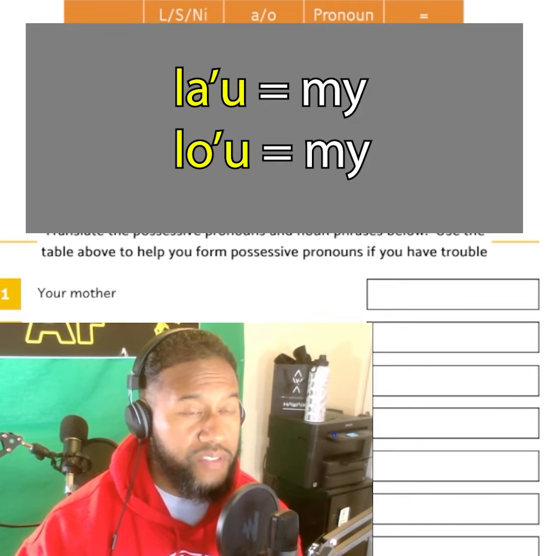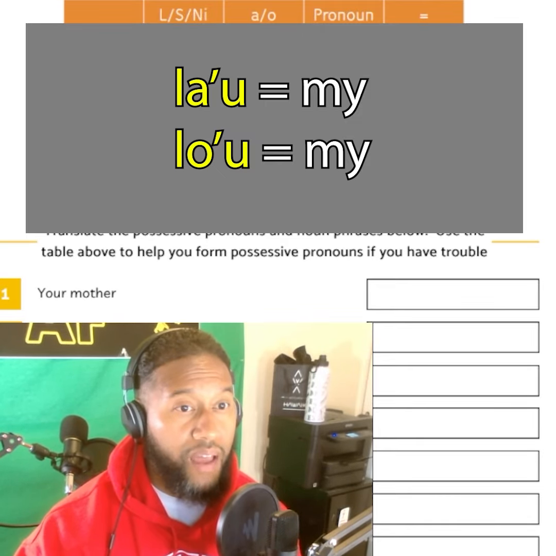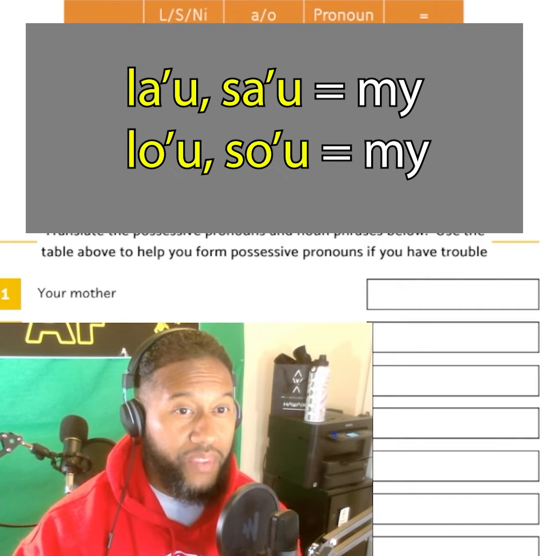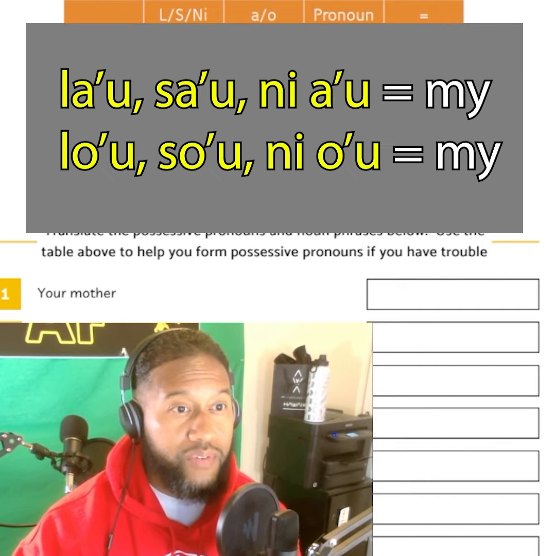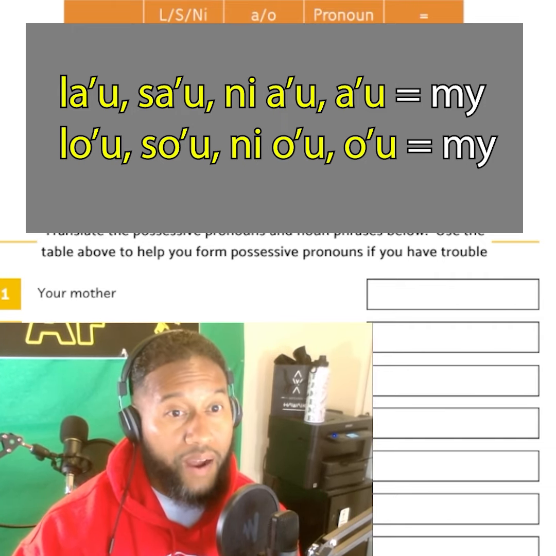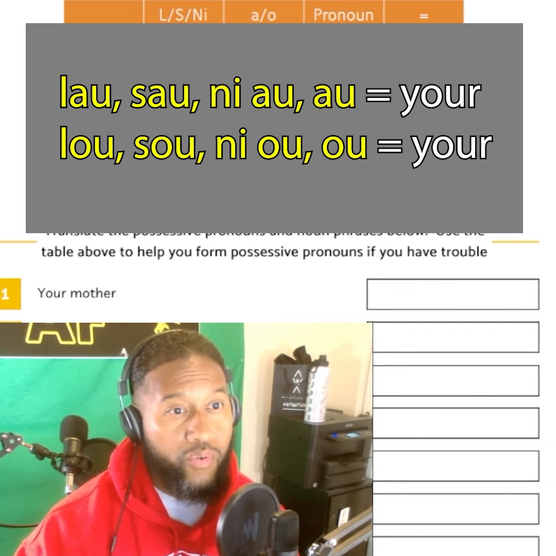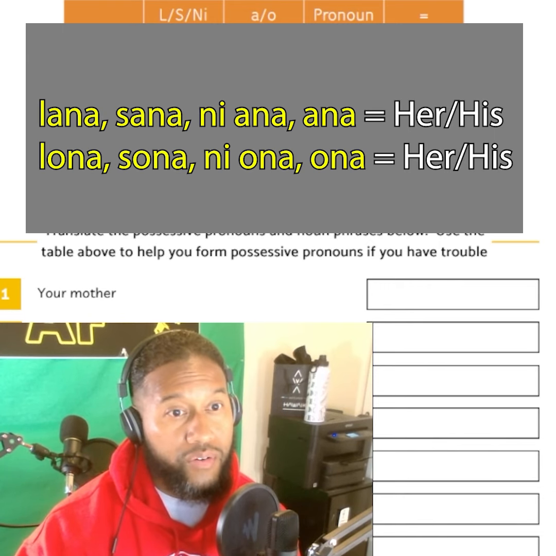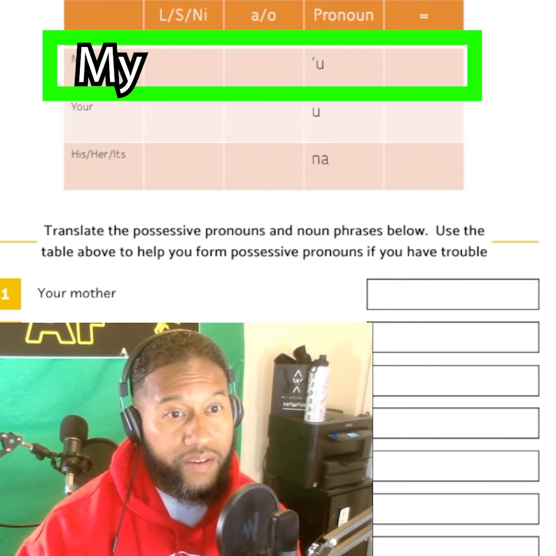The most popular question every year is what's the difference between la'u and lo'u? But did you also know that there's a sa'u and so'u, nia'u, nio'u, a'u, and o'u? What's the difference if they all mean my? There's also lao and lo, sao, so, lana, lona. But if you know how to do this first row right here, then you can apply that knowledge to figure